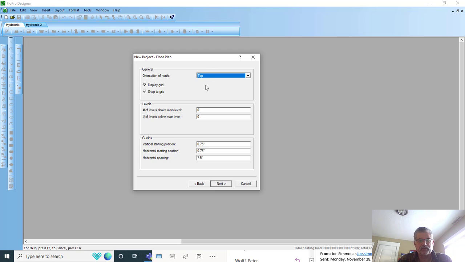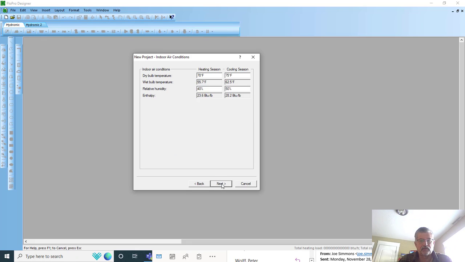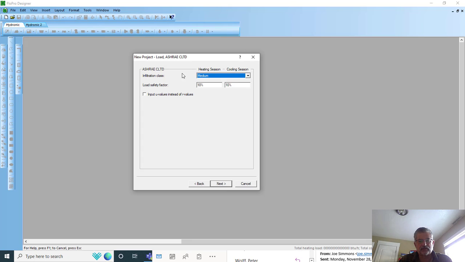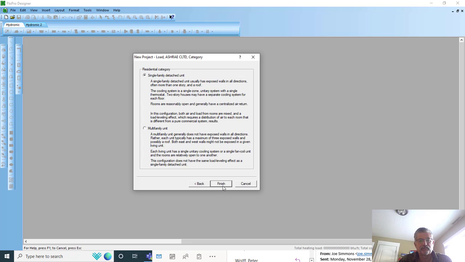North would be the top of the page, some grids. I'm going to do one level above the main floor. These would be my indoor heating and cooling season temperatures. Allow load calculations for heating and cooling. Infiltration, this is all the ASHRAE CLTD method, so there's just different infiltration classes